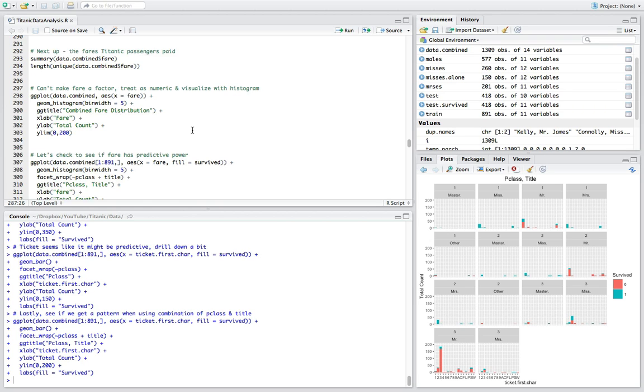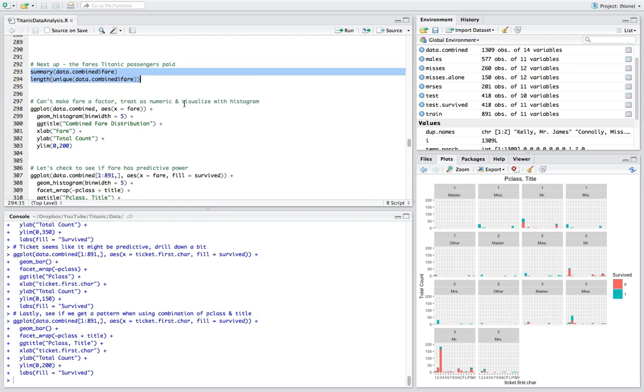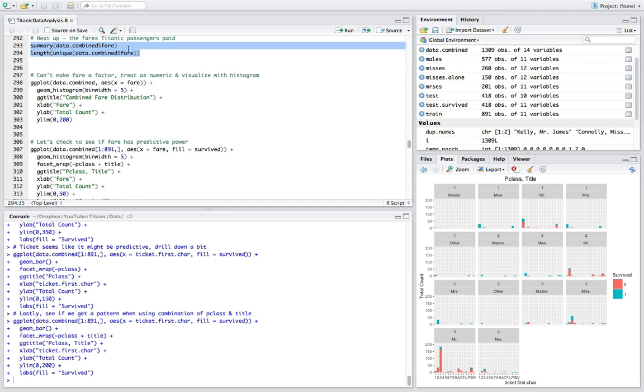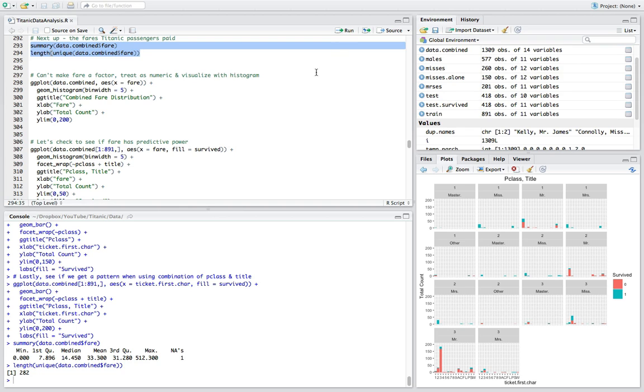But we want to be thorough. We don't want to leave any data on the table that could potentially help our model, so we should take a look at it. So what I'm going to do here is, first and foremost, just take a look at the summary of the fare variable as well as spit out the length of the number of unique values. Okay, so